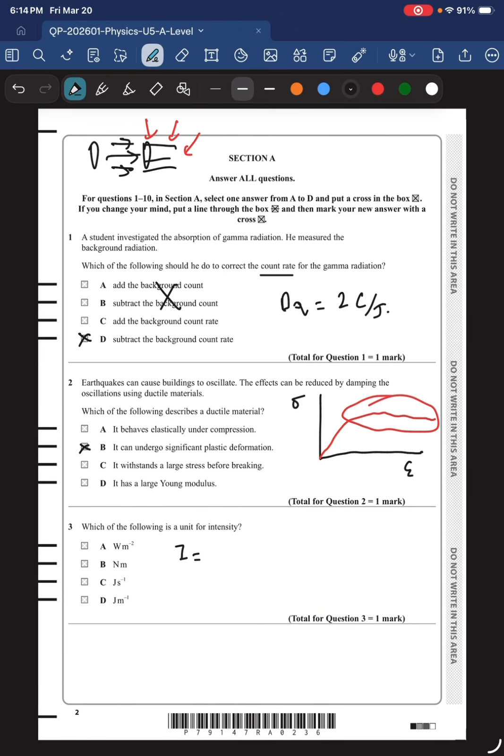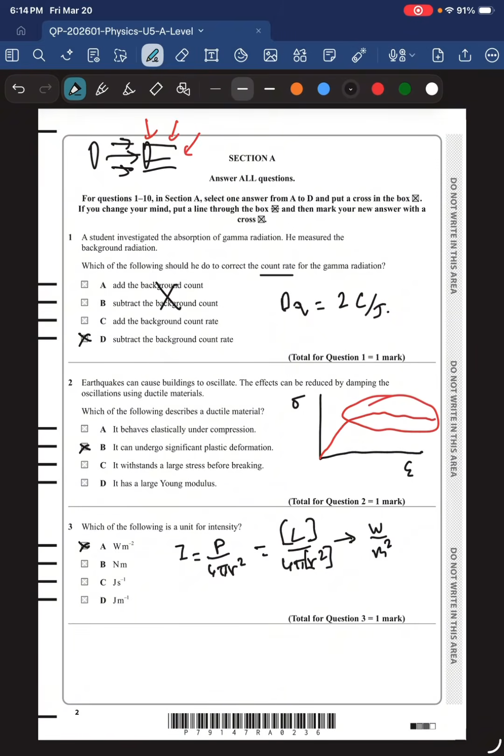Intensity is calculated using the power output of some radiation over 4 pi r squared, the surface area of a sphere on which that radiation is distributed, or for stars, L, the luminosity over 4 pi r squared. So you immediately see that the units are watts from the luminosity and meter squared for the r squared,